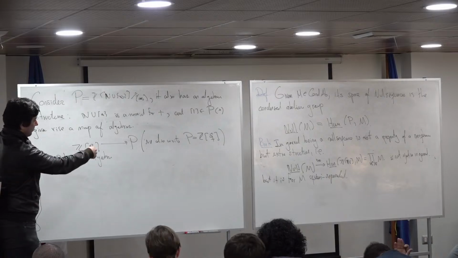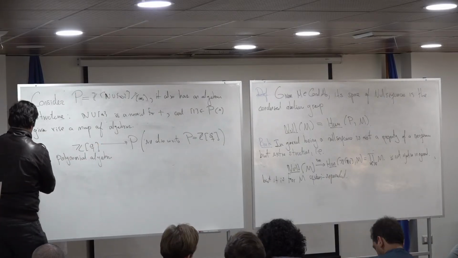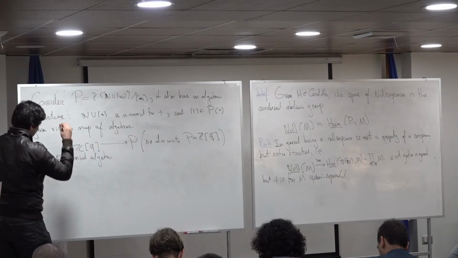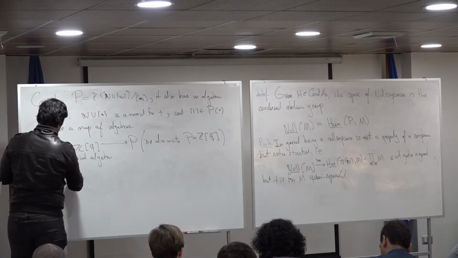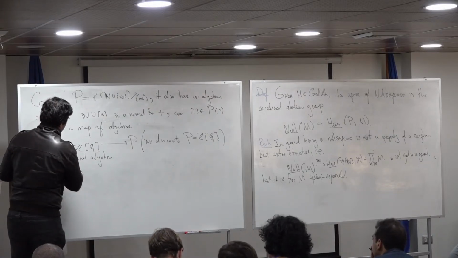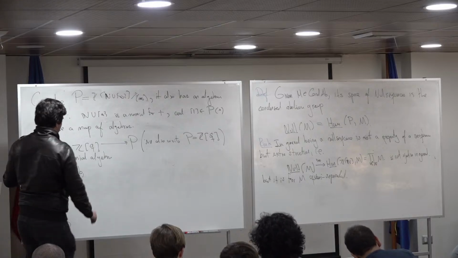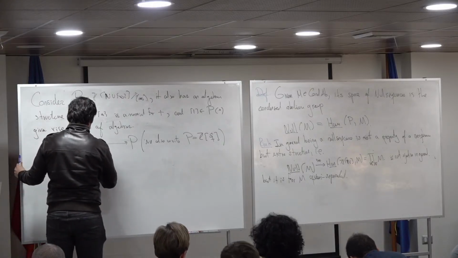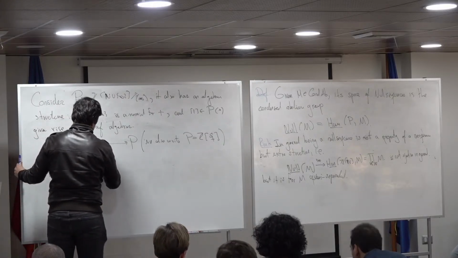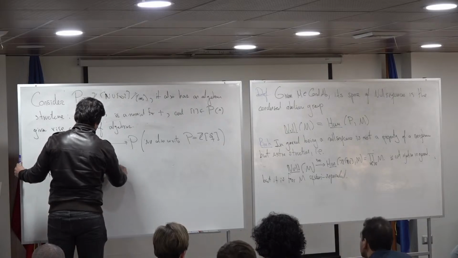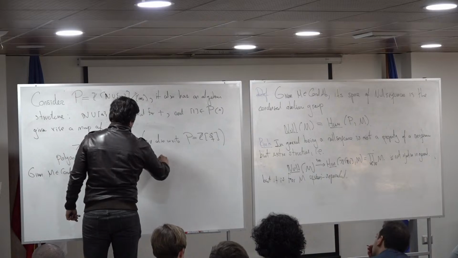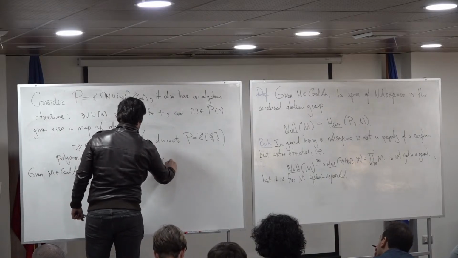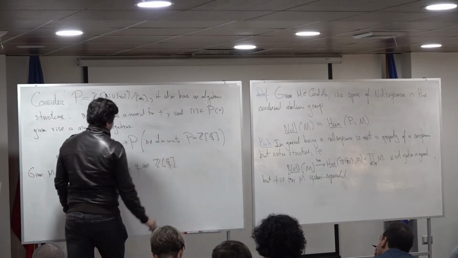So now, given M, some condensed abelian group, multiplication by Q on this space here induces